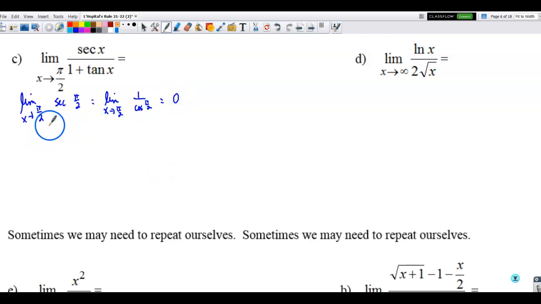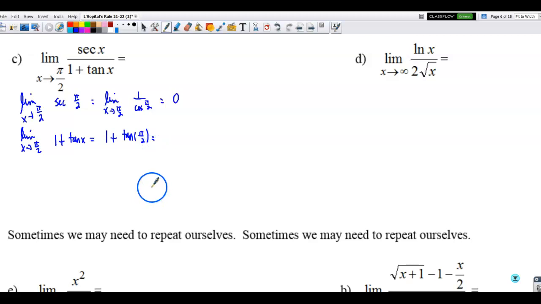All right, I'm going to do the same thing with the other one. Remember, it's independent, so now I'm going to do the limit as x approaches pi over 2 of 1 plus tangent x. So that is going to be 1 plus tangent of, oh, I'm sorry, it's pi over 2. Whoa, let's back that up a little bit. Something's not working out right here. 1 plus tangent